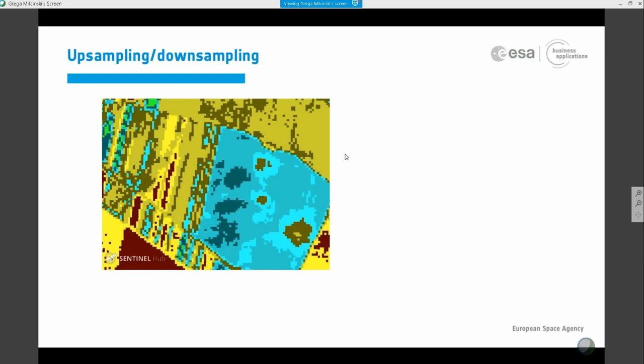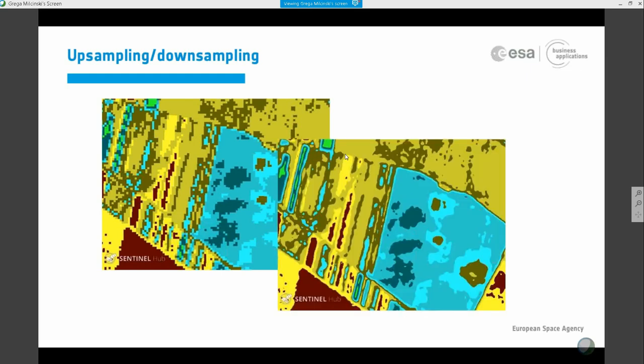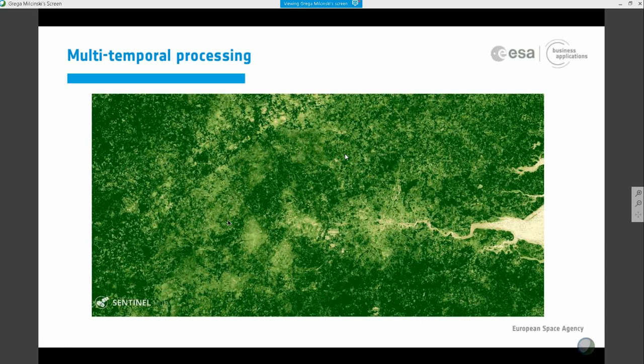We take quite a bit of care of what we do with the data so that users can control it however they like. For example, upsampling and downsampling, you can choose the bicubic, bilinear or nearest neighbor method so that you get either nicely interpolated features, or you get the original pixels as they were in the image. The one feature that we launched, I think one month ago, is multi-temporal processing, which allows you to